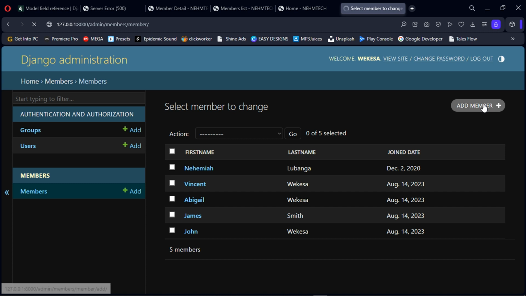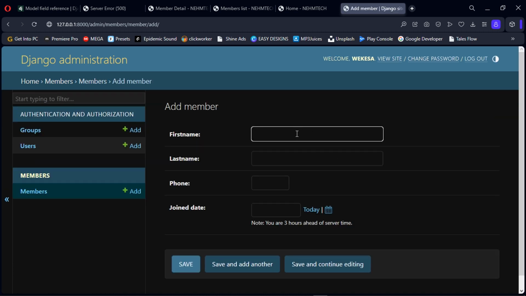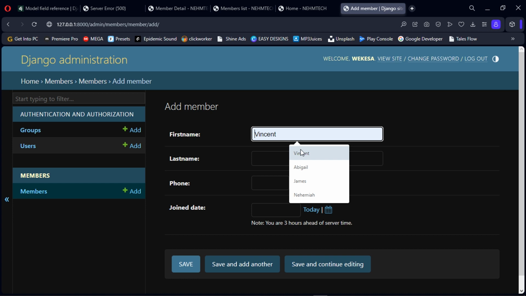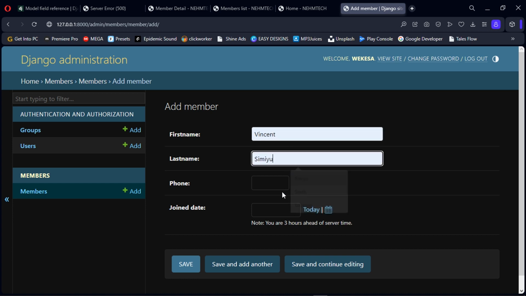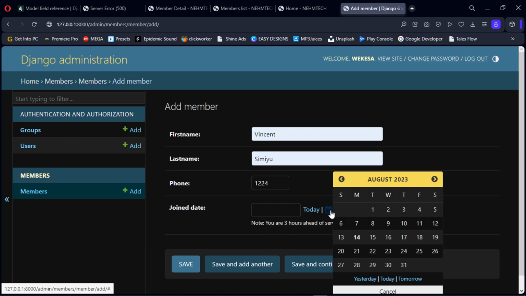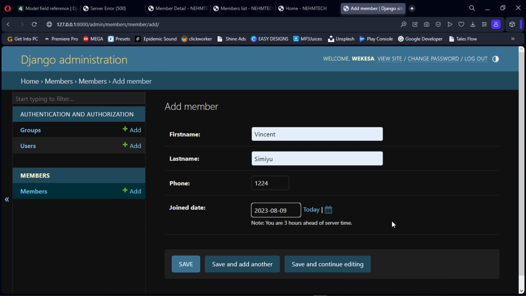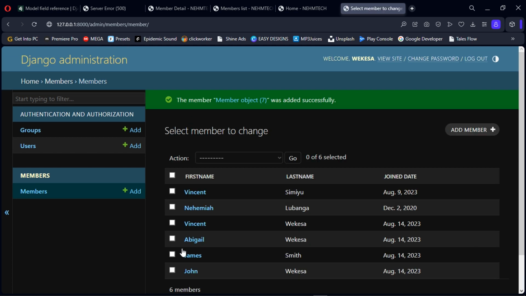You can add in the member. It is super nice, right? So like you can say, for example, Vincent, whichever date you want to add, a phone number, whichever number it is, and then here you can display. Of course, you can as well use this item, and then you can save. So this one is super nice guys, and I was wondering why it was not working previously. I had not configured